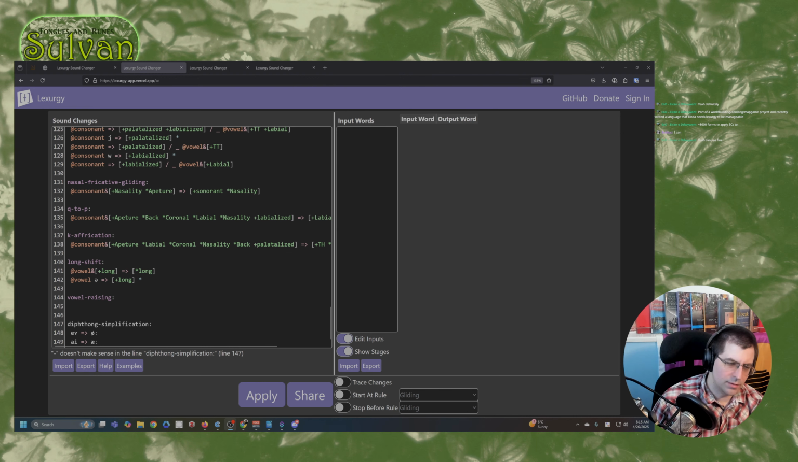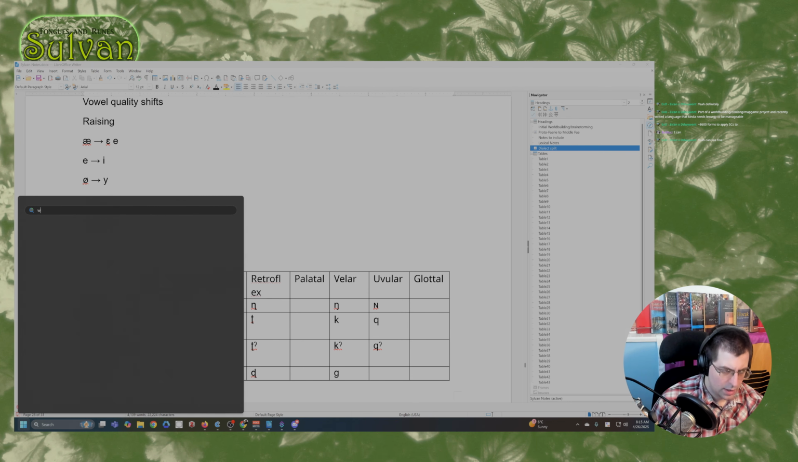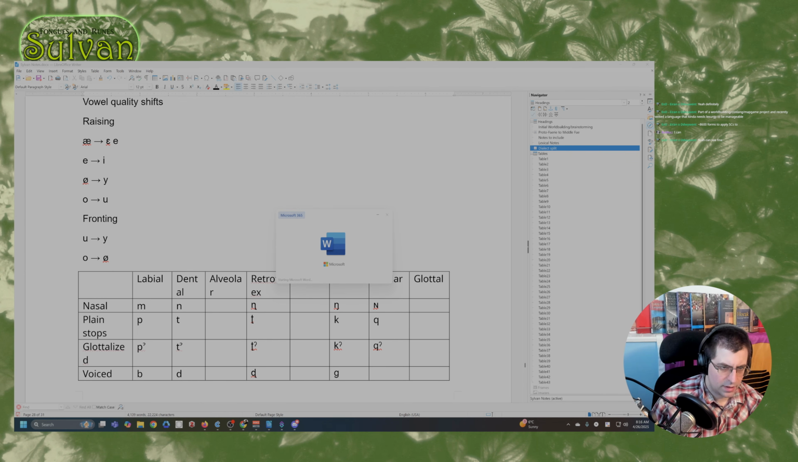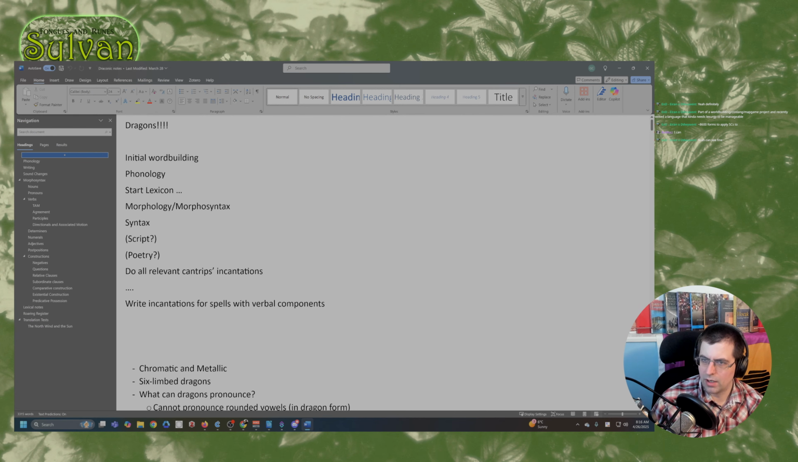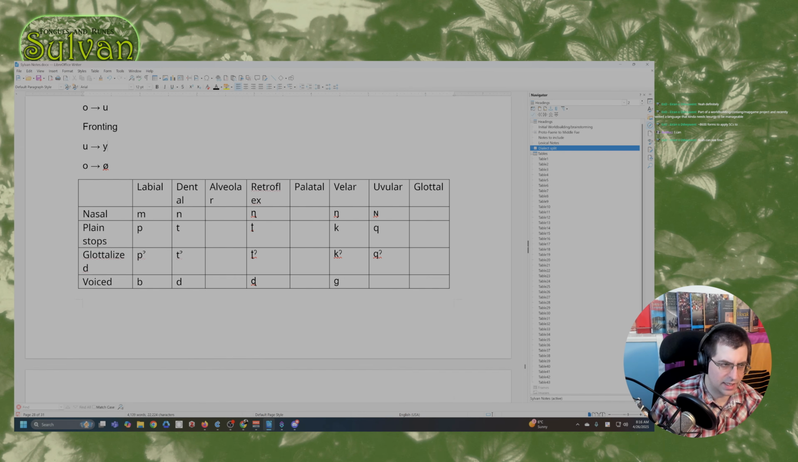So I have an issue. LibreOffice Writer, apparently it's just LibreOffice Writer, looks gray. If I open something in Word, okay, Word also looks gray. I don't know why it